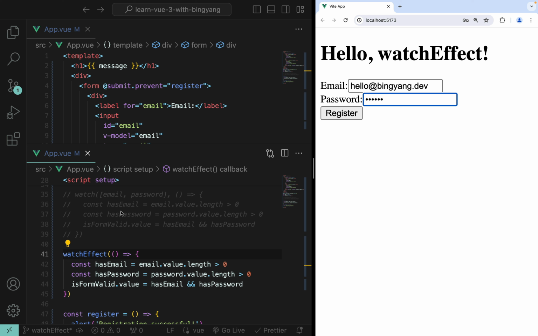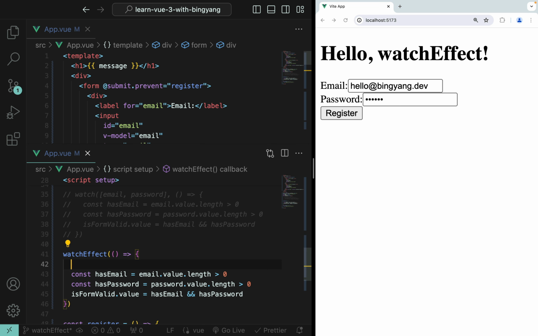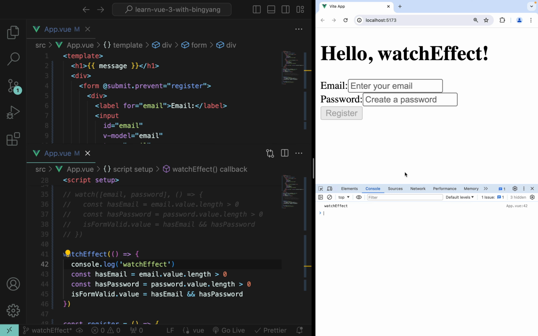Also, watchEffect is by default eager. In other words, the callback in watchEffect will run immediately. There is no need to specify immediate true. So let's test this. Here I'm going to console log watchEffect, refresh, and here I'm going to press F12. As you can see, when the page gets loaded, before I even enter something in email or password, this callback